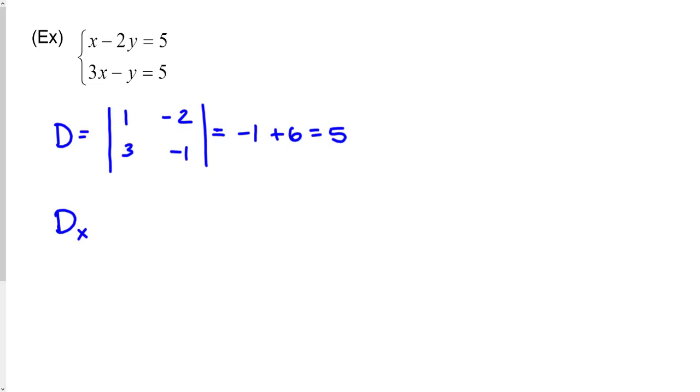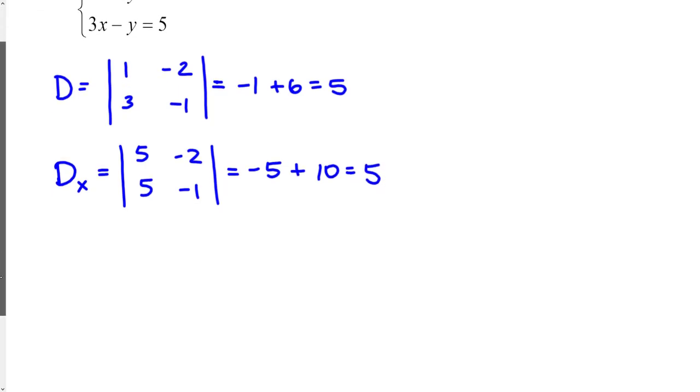Okay, then D sub x, we replace the 5 and the 5, the numbers on the other side of the equals, into the x column. So 5 and 5 in the x column, and leave the y column alone. And we solve for a determinant here. So this would be -5 plus 10,